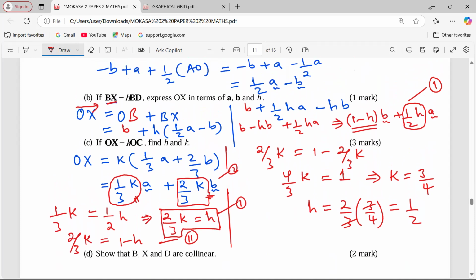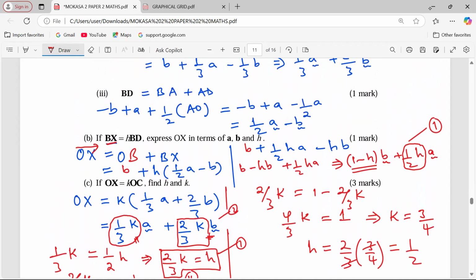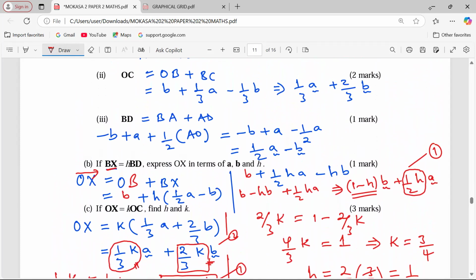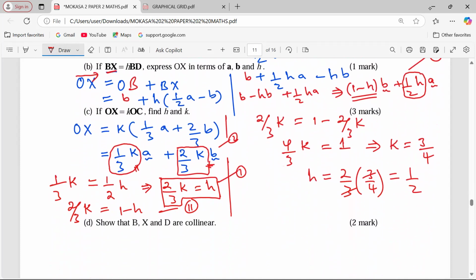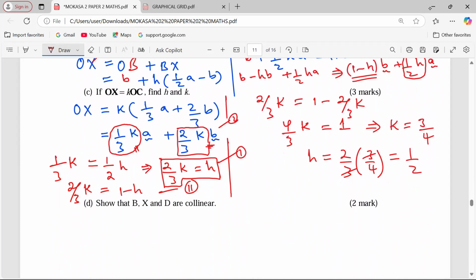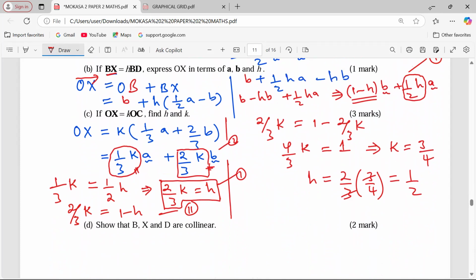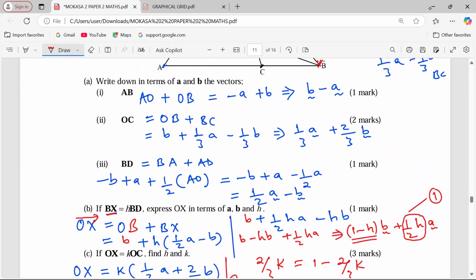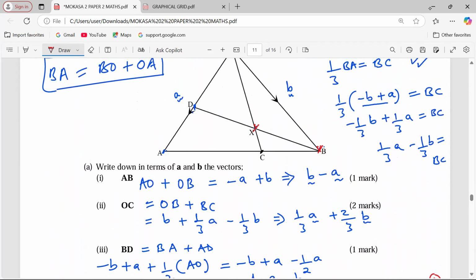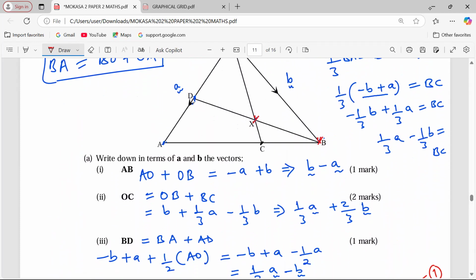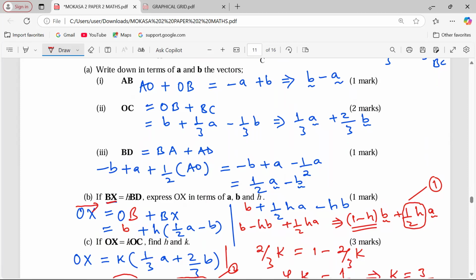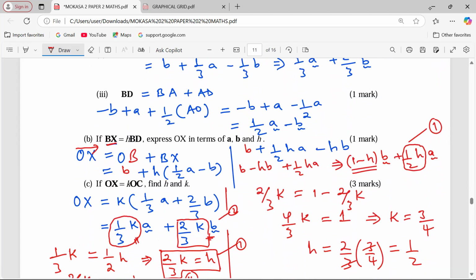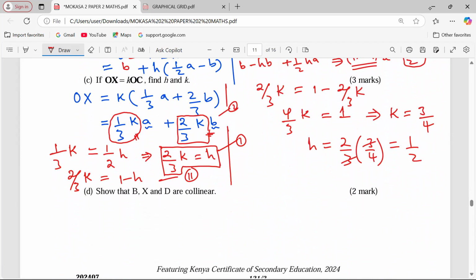Sorry for the inconvenience which is about to happen, but we identified it in the expression of OX in the second expression that way. So that's how we get the two constants. Whenever you're solving these questions, it's very easy for you to identify when you've made a mistake. When we were almost finishing, I discovered that we were getting a certain constant, yet we know that these constants are fractions of the given vectors. So you just be extra attentive.